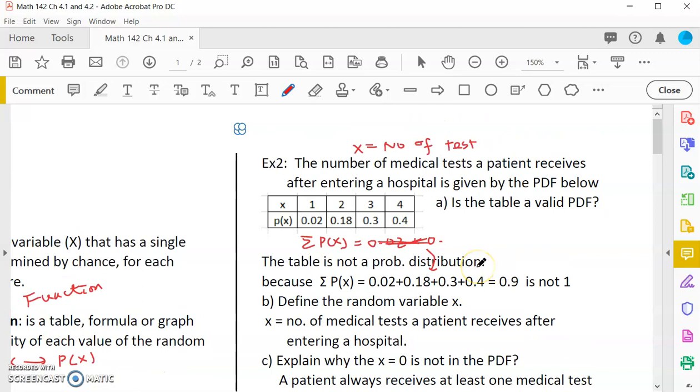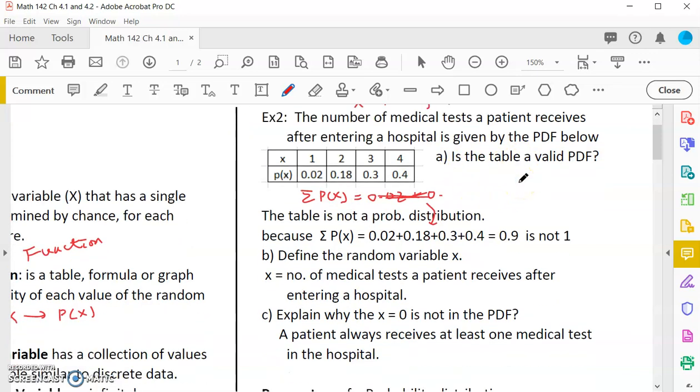A lot of discrete random variables have X equal to 0. Like when I count the number of heads after I toss the coin 2 times, I may not get any, so I get 0. But it could be that 0 is not in this PDF. Any patient admitted in the hospital may receive at least 1 test. Maybe they would always have a blood test, or a urine test or something. So that's why 0 may not be there. So why is it not equal to 1, why is it 0.9? We don't know. But if it is not a complete one, we cannot do some of the